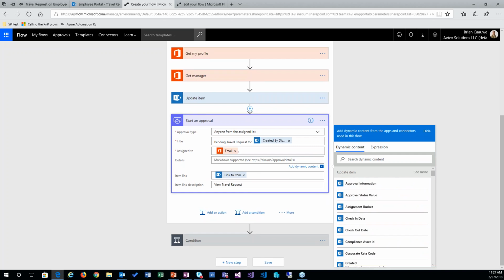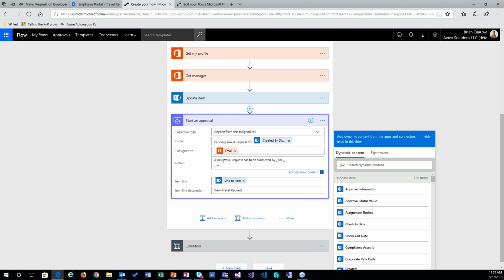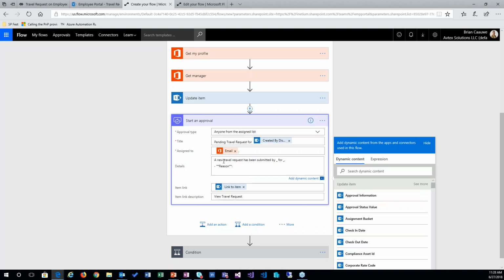And then inside of my message, maybe I want to provide a lot more information utilizing some of the markdown support inside of here. And I'll throw in some placeholders that I'll then throw the dynamic content into, because it gets a little funky at times or has the ability to. So if I say a new travel request has been submitted by somebody for, we'll say this customer. And then if I use that dash, that basically means I'm going to get a bulleted list inside of here. And the double asterisk is basically going to give a bold and italicized. So if I say this is my reason, and then I'm going to put reason in there,